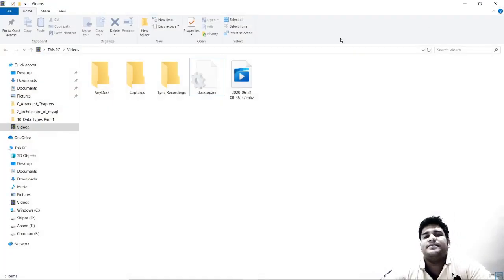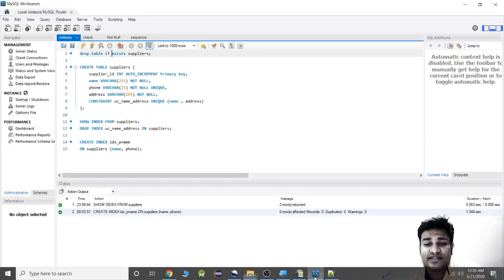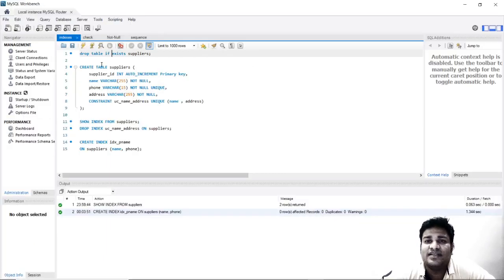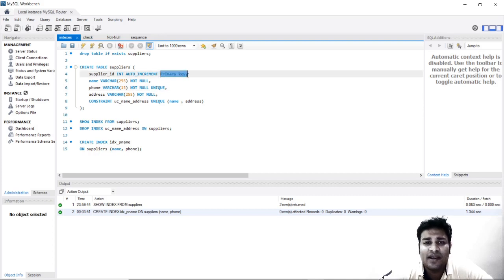So hello everyone. In the previous chapter, we had a discussion on unique constraint. So in this chapter, we will study about indexes, clustered and non-clustered indexes. Whenever we create a constraint such as unique, or a primary key, or a descending or ascending order constraint, or use an order by statement, all of these statements require something called an index. So what exactly is an index?